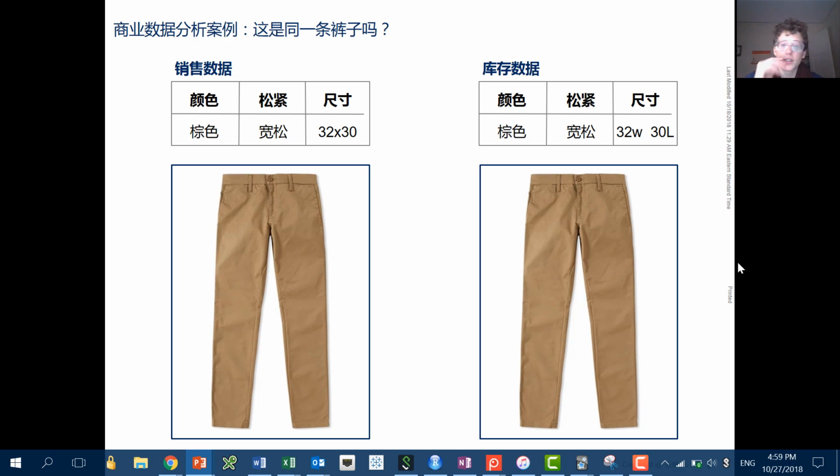So I said, okay, I looked at the data, I merged the two, I thought I merged it well, and I ended up not merging these data sets at all. So these are the most productive pants, but when I looked at my own data, it said they had sold nothing. Now, this is a great example of how data cleaning would have gotten me to the right answer, or in my case, I didn't do enough data cleaning, I didn't realize what the problem was, and it got me to the wrong answer.